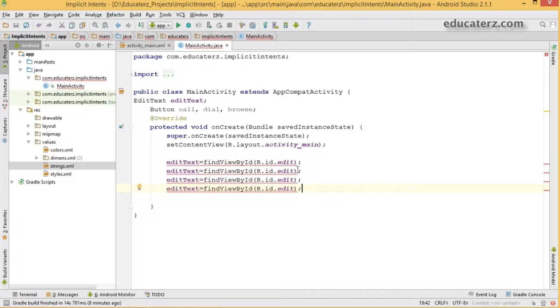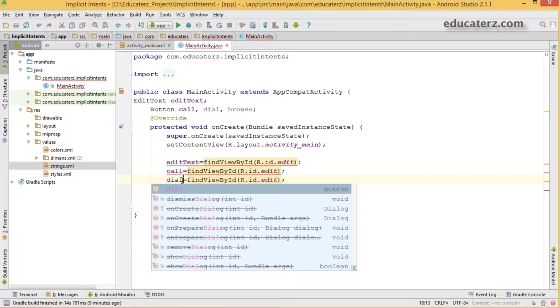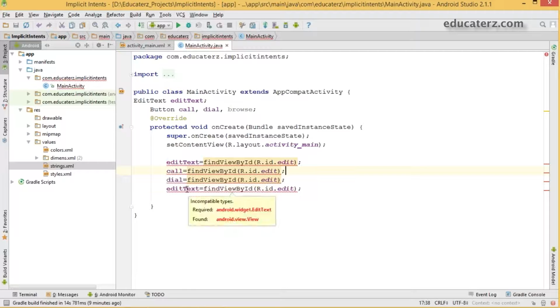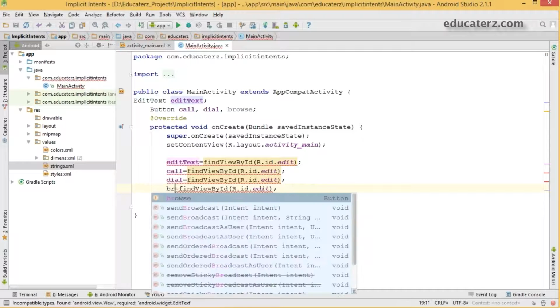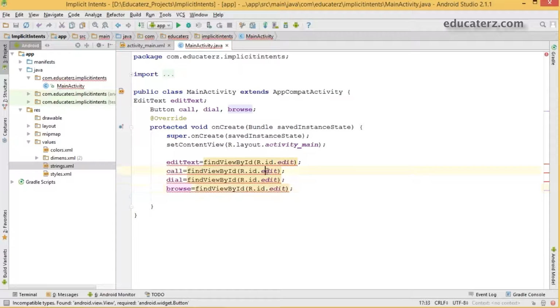And change. The next one is call and dial and browse. Okay, the corresponding IDs. So you change the IDs as well.